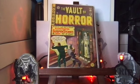This is a cover that I fell in love with when I was reading those Gladstone reprints. Remember I told you with Tales from the Crypt number 3 and the real Tales from the Crypt 39, with the kids running in the cemetery? I forget, was it that issue or another issue where they showed this cover in one of those books? And ever since I saw it, I thought it was just so creepy,